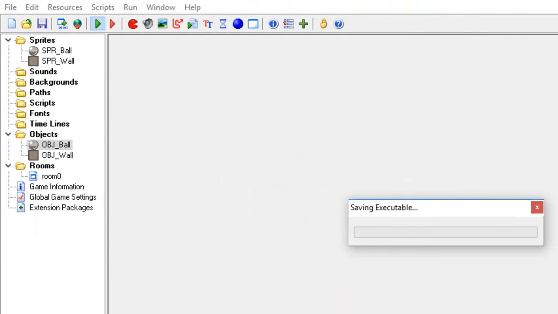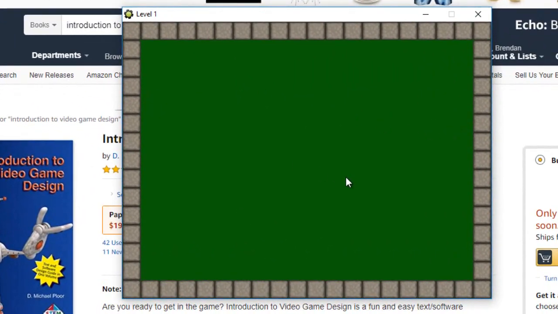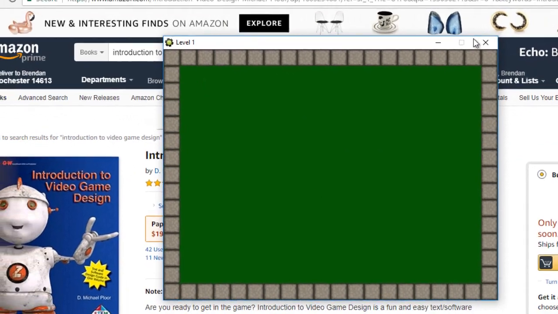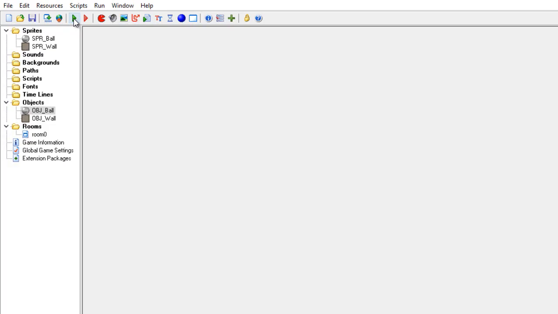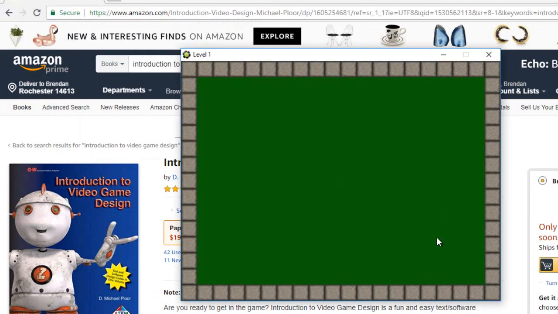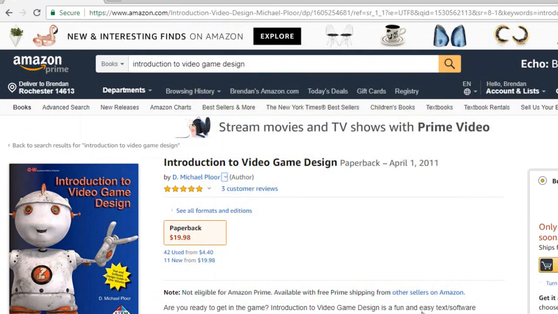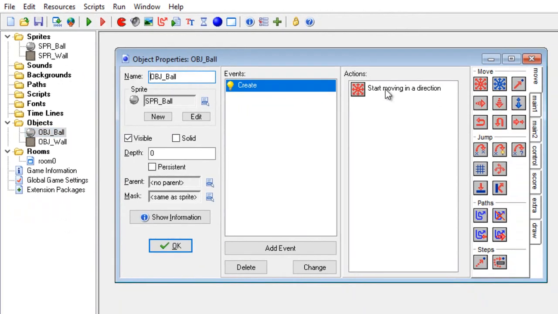So this is at a rate of 10. So you see it just randomly went to the left. If I play it again, it may go in a different direction. So it randomly picked a different direction. Not very interesting, but you can see that we can double click on ball, and then we could double click